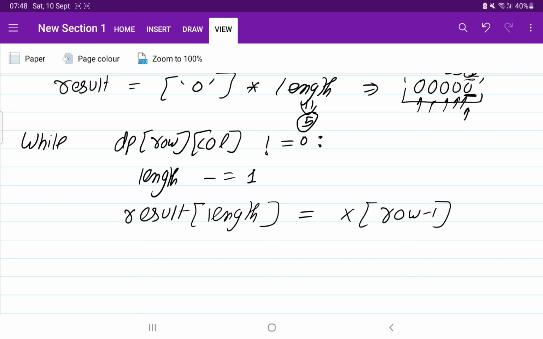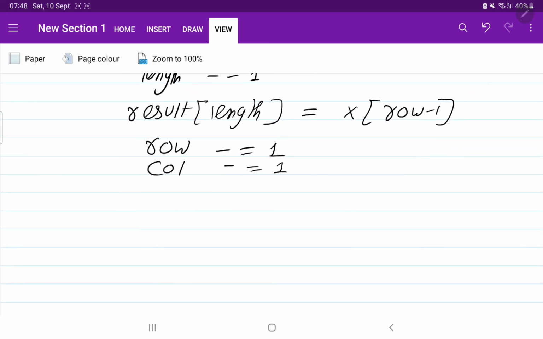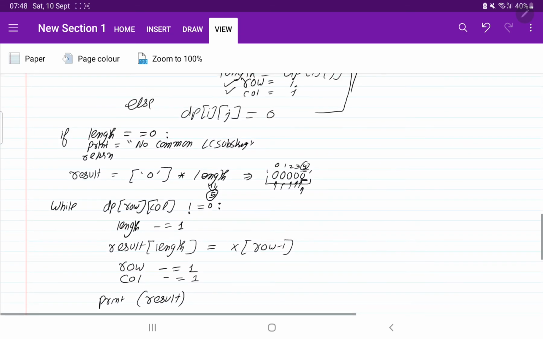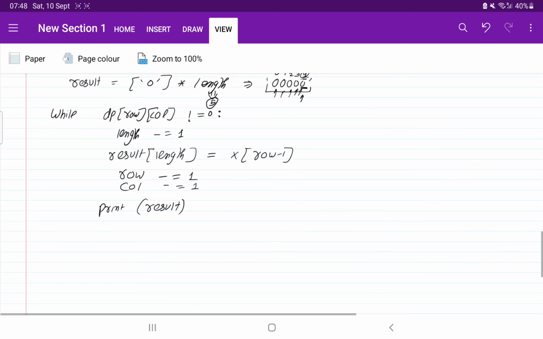Once the result is updated, we move diagonally, so row is decreased by 1 and column is also decreased by 1. And at the end we are going to print the result. Perfect. So this is our code.